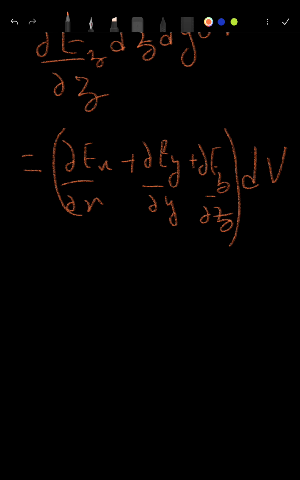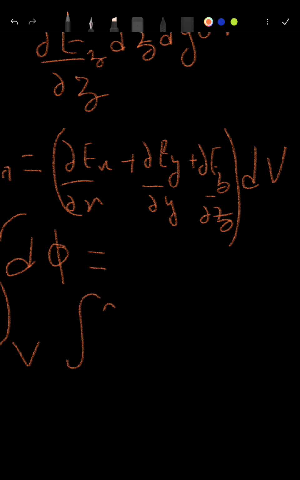this is the small flux phi through the differential element, and when integrating over the whole volume we will get the result as the total flux being